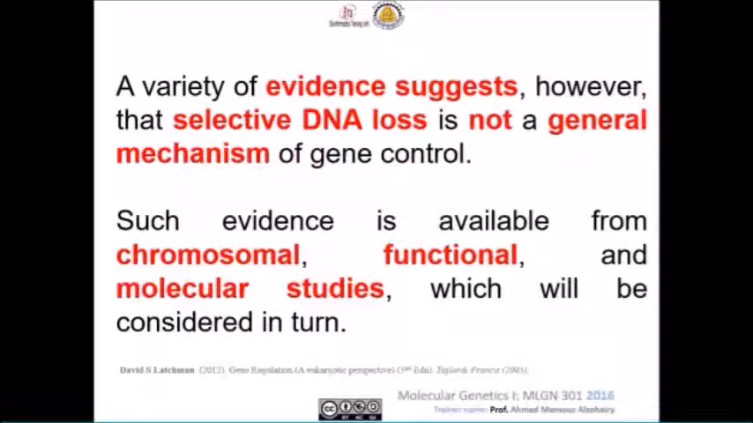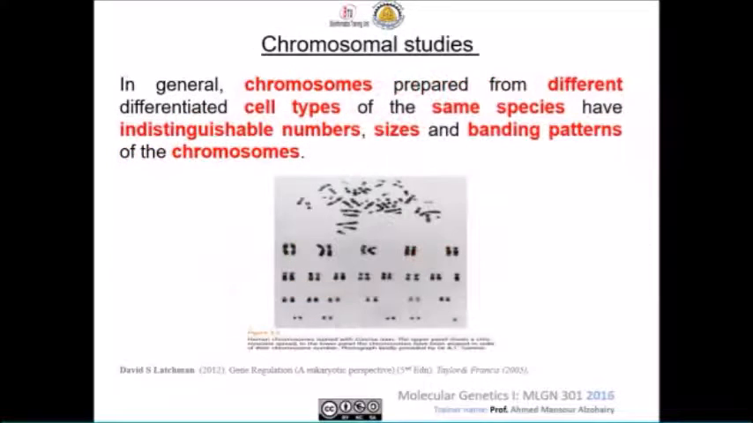A variety of evidence suggests that selective DNA loss is not a general mechanism, as we just said. Such evidence is available from chromosomal, functional, and molecular studies, which will be considered in turn. Let's see the chromosomal studies. In general, the chromosomes in most cells from different cell types of the same species are indistinguishable in numbers, sizes, and banding pattern. So we cannot distinguish between different